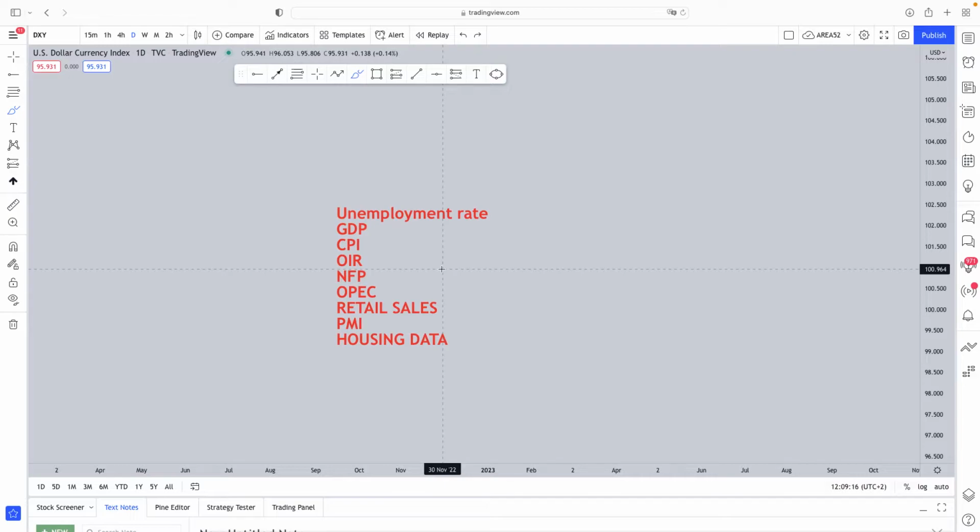Let's say, for instance, you're trading the GBP/USD. Just by looking at the GDP growth of the US and the UK, you can easily figure out which way the pair would move in the coming weeks. So it's very important to keep your eye on those two. If you're a trader who focuses on trading one specific pair, the most important thing to look at is the GDP, because that determines the overall growth of the economy in a country as well.